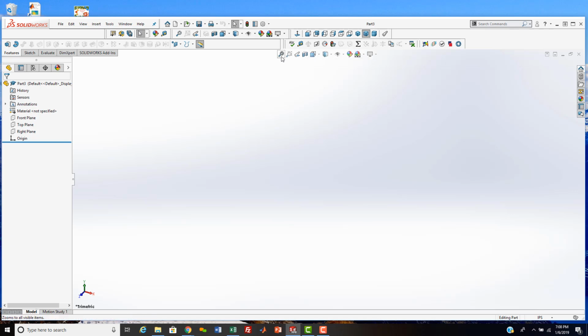These down here all come out with the part file when you open it. These are zooms, to zoom for an area, zoom to fit. Again, some of these are repeats. This one's a repeat. This one's a repeat. Pretty much all of these are a repeat of this toolbox up here. Okay, so